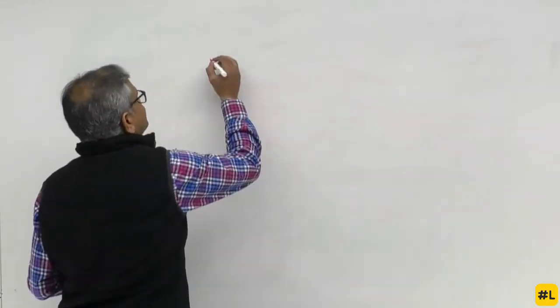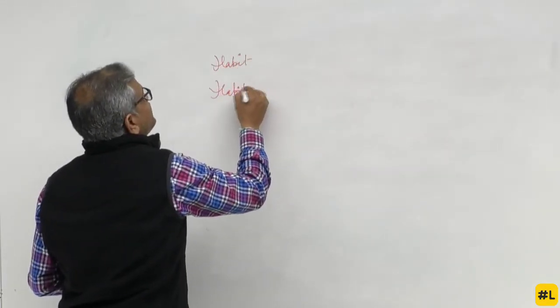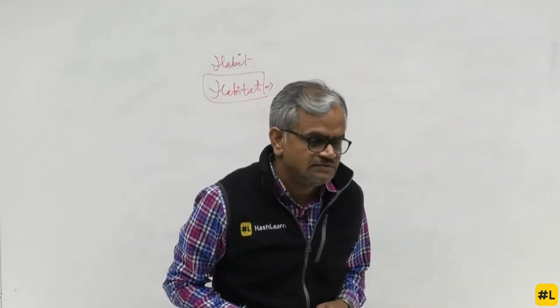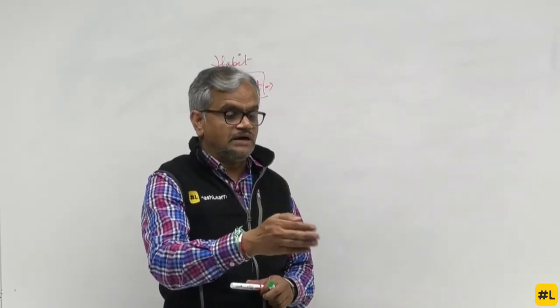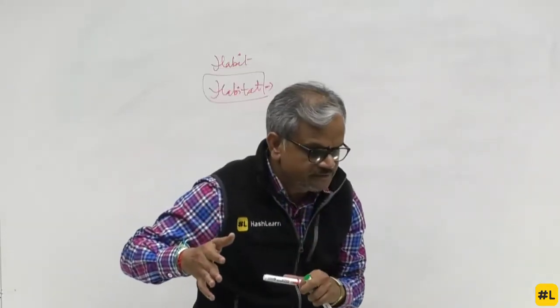So, habit and habitat. So there are 2 things. Sir, we always talk about habitat, habitat, habitat. What exactly is this habitat? Habit is what we are. Habitat is where we are. My home is my habitat. My attitude is my habit. I will come back, Preeti. This I will discuss in detail when hardwood and sapwood come in anatomy. Let us not mix up, because we have a separate section for anatomy. Okay.